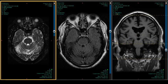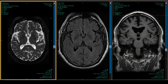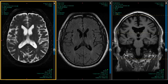I'll pull up my T2. Even though it's highly unlikely to see anything on the T2 that you're not going to see on the FLAIR, I'll make that a little bigger, and you guys tell me when everybody is up and running. Everybody up and running? So, when you make your diffusion image, the diffusion gradients, which are rapidly turned on and off,